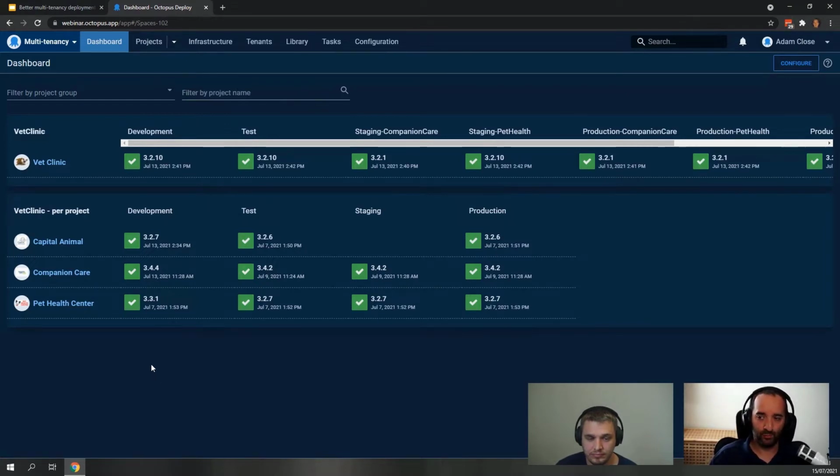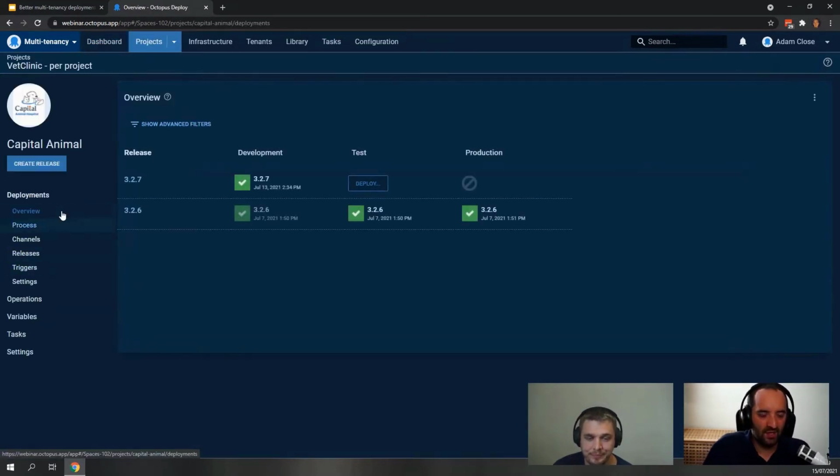This is actually pretty similar to the way we model projects at my last company. What we had there was each customer would have their own project, but they'd also have a project for a specific release. So in this example, you'd have Capital Animal version 5, and when they get to the next major release, they'd have Capital Animal v6. So if you go into the Capital Animal project deployment process, Adam,